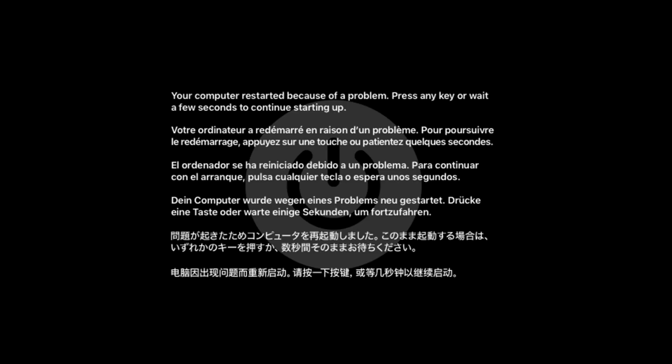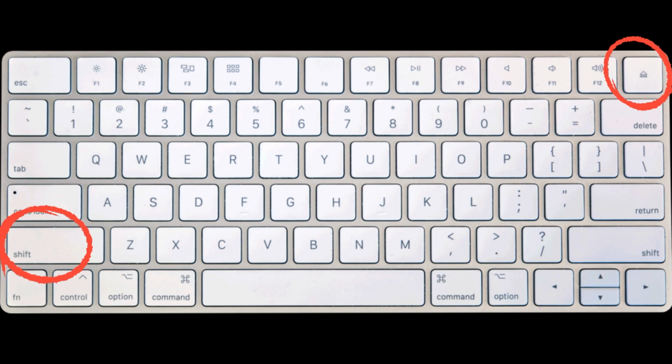Then don't worry, I have a few solutions using which this issue will be solved. So let's get started. Fix number 1, boot your Mac into safe mode. To do this, first turn off your Mac. Then once it is turned off, click on the power button and immediately press the shift key until the login